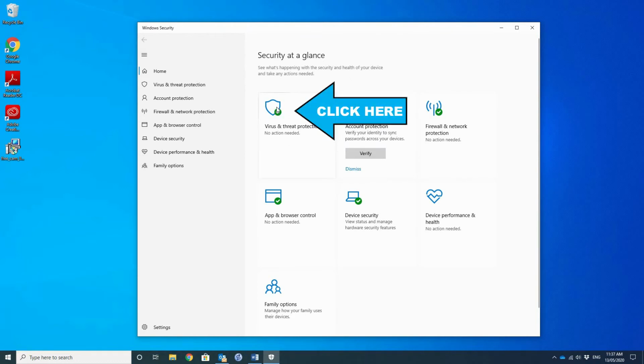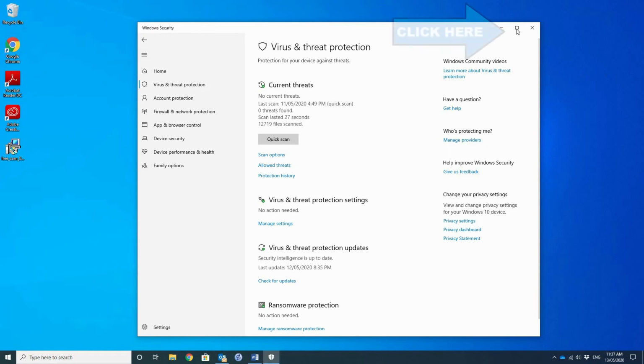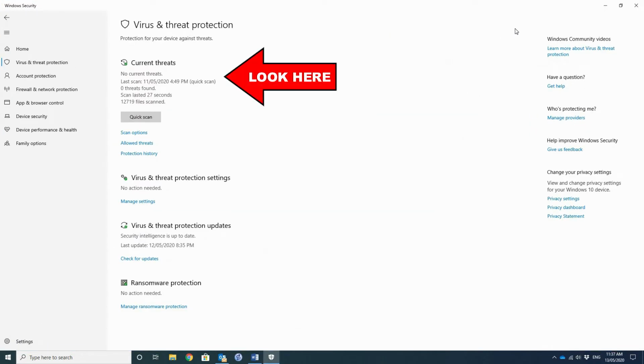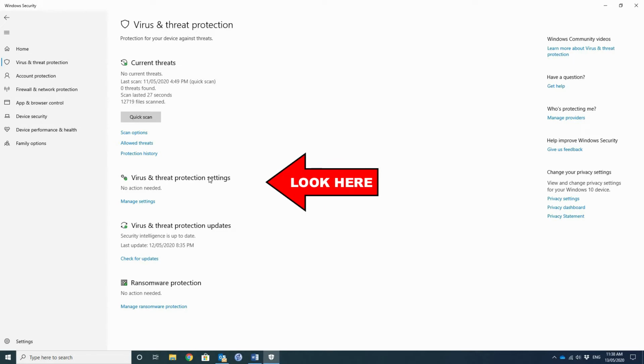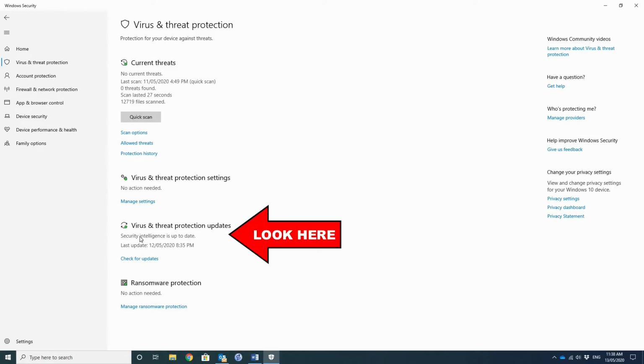So we click on that and we'll make it full screen to make it easier to read. And you can see that here, the last time that I did a scan was the 11th of the 5th 2020 at 4:49 yesterday afternoon, and there were no threats found on my system. My virus and threat protection settings are all correct, and also you can see here updates, the virus and threat